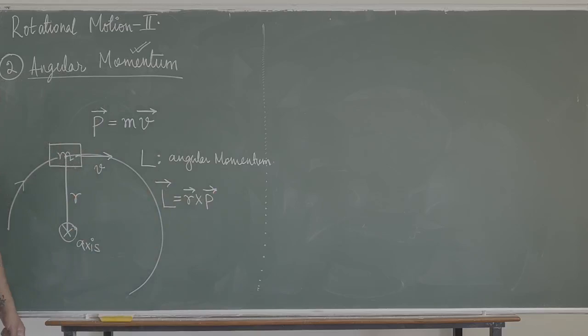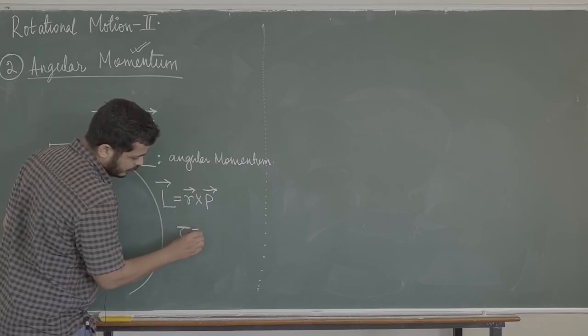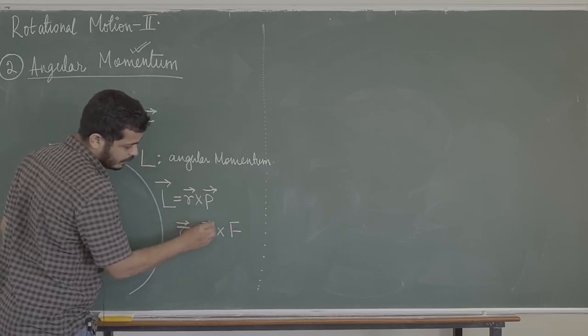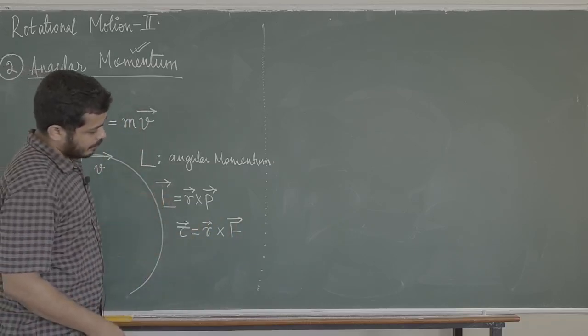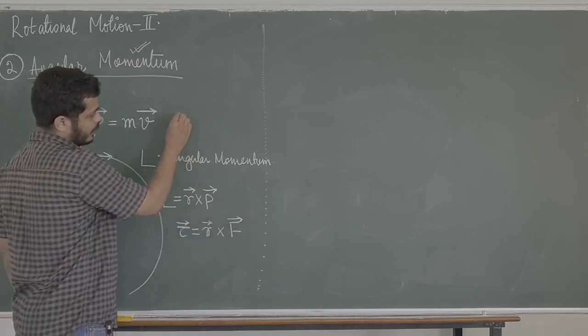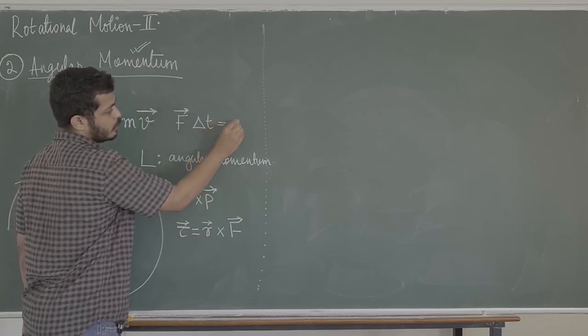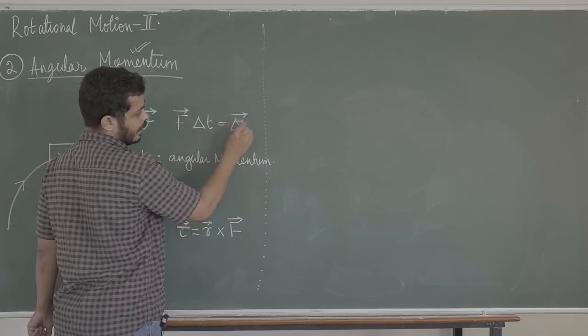So we write L vector is equal to R vector cross P vector. That is angular momentum. You could ask, why is angular momentum defined like this? Why is it not like m omega r? It is not like that because if you remember when I was talking about torque, the torque is equal to r cross f. Tau is equal to r vector cross f vector. That is torque. If you apply a force for some time, you might have studied this in your previous class, then you have what is called an impulse, right? Or this is also your change in momentum, delta p.